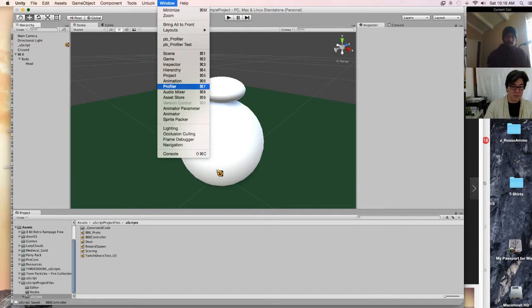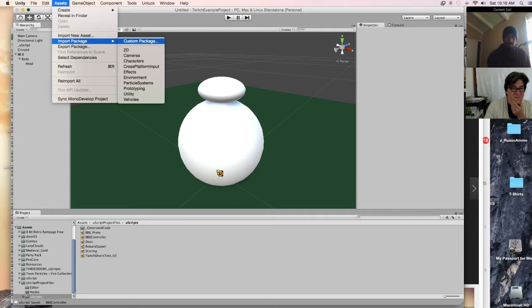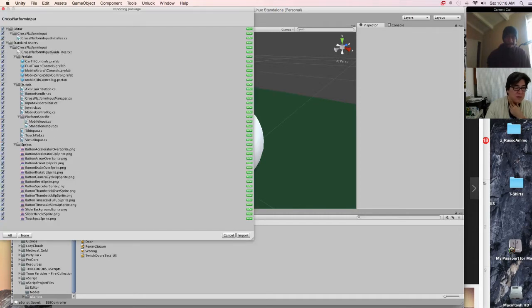Let's go to my assets, import package. Do you see controllers on there? I see cross-platform input. It'll come in with characters, but let's try cross-platform input first. Car tilt control, dual touch control, mobile aircraft controls, single stick control, mobile tilt controls, joysticks, button handler. That's all more than we need right now.